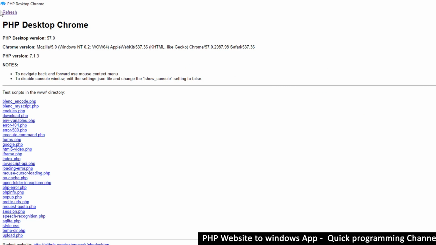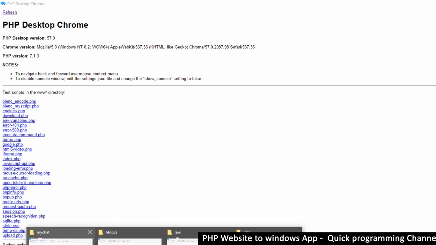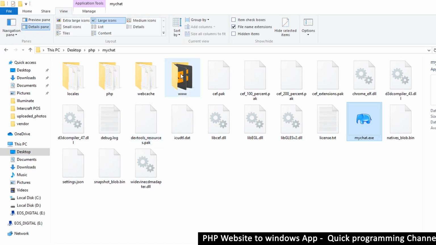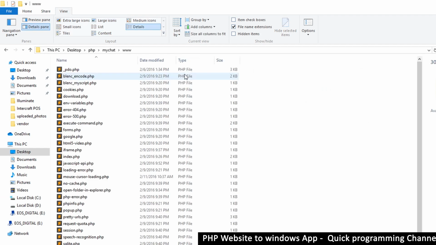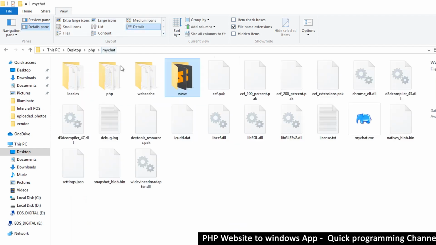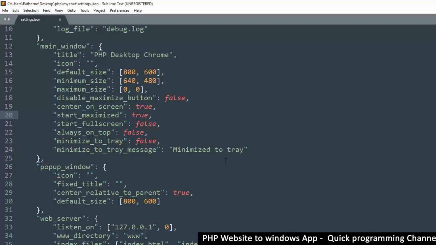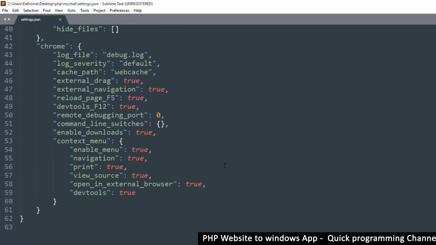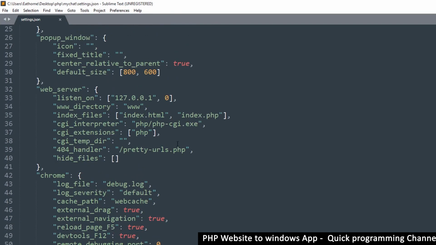So now what it's showing here is a website that is embedded inside these files. That website is here inside the www folder right there. If you notice on the settings themselves, let's come back here. Where is this? There's the directory folder. There's www. So you can change this folder to any folder that you want, right? So you can do something like